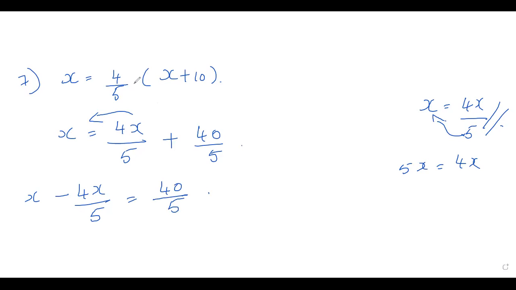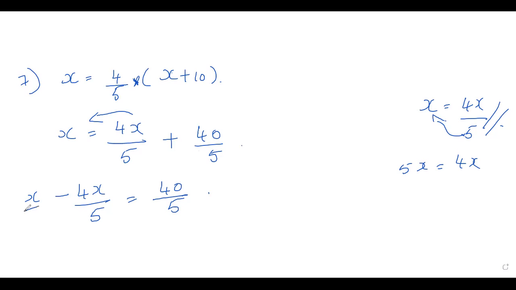See, or one more thing you can do here. There is an into sign here, right? So now if you shift 4 by 5 into the left side, what happens is 4 comes to the denominator, 5 goes to the numerator. Since there is an into sign, it happens like that. 5 goes to the numerator, 4 goes to the denominator. You can do it that way too. So we are removing the bracket, we are solving this. Okay, you can do it this way too, any way you like. But if you do it correctly you will get the same answers.